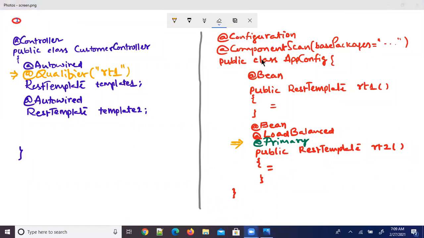Let's discuss using @Primary at class level. See, I'm taking a simple example to understand that. Primary can also be used at method level.